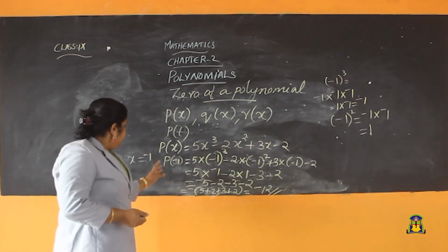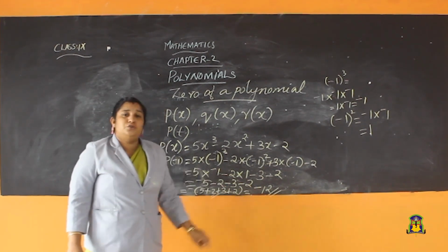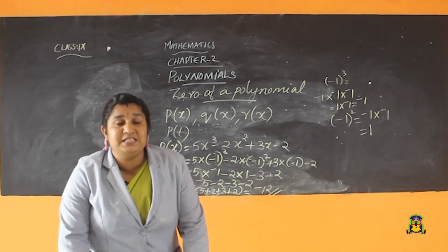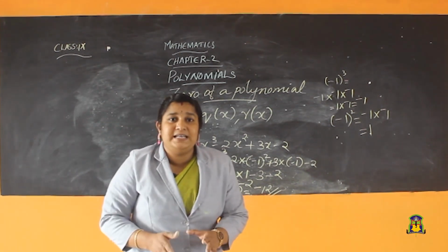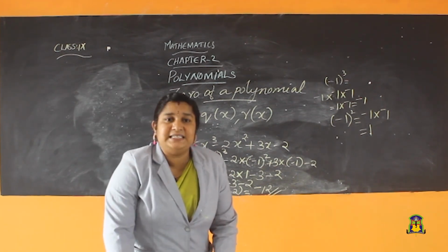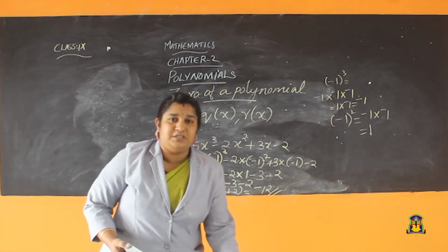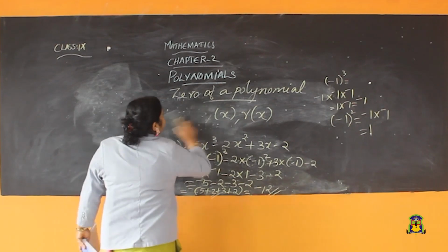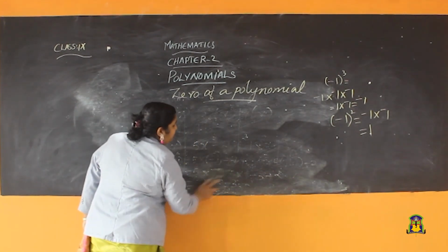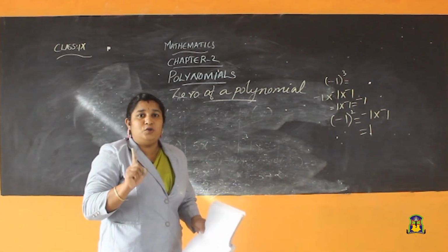So, if x is equal to minus 1, what is the value of p of minus 1? Minus 12. So, how will we apply that? If we have some value for x in the polynomial, wherever x is there we want to apply that number. Okay. Then can you do one exercise sum related to that? So, exercise 2.2, the first question I will do. Three parts are there, I will do 2 parts, you should do one as homework, okay.